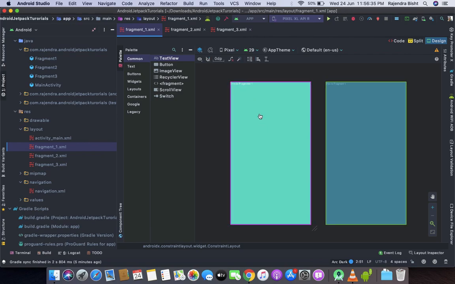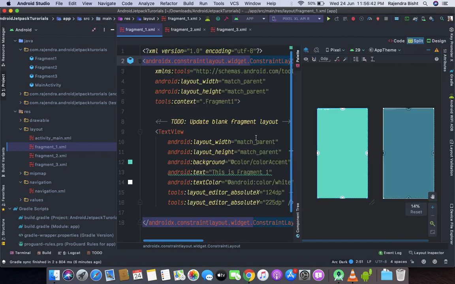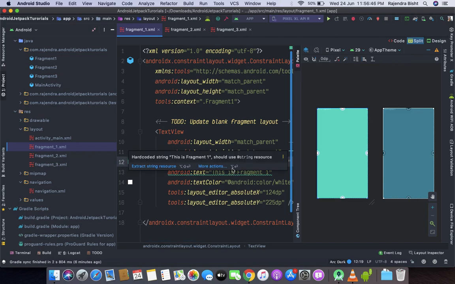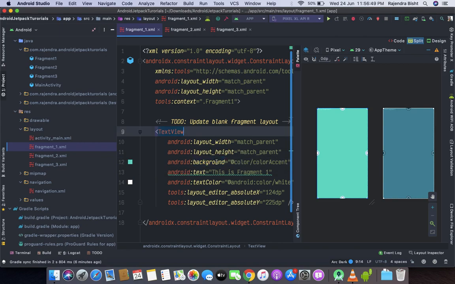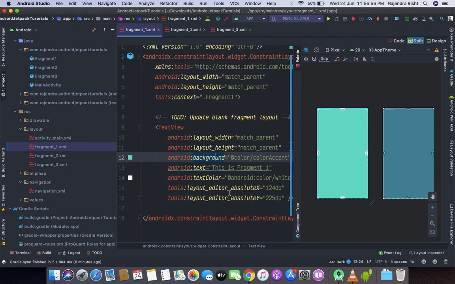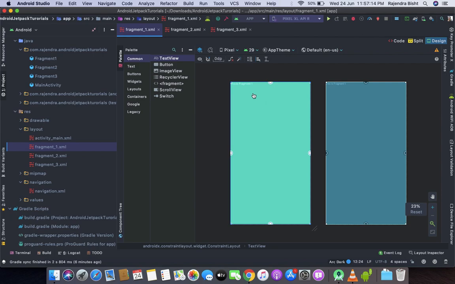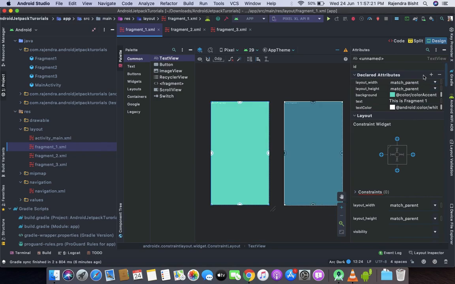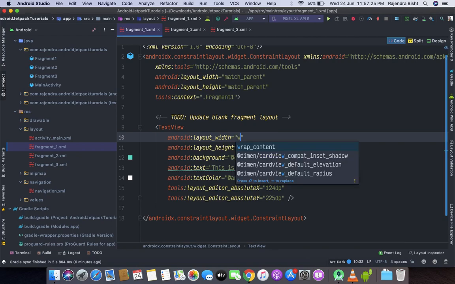Now where is the text view? Fragment. Let's make it wrap content.